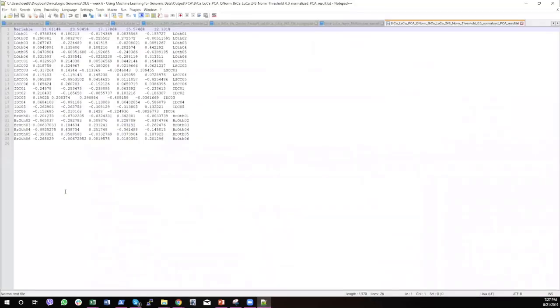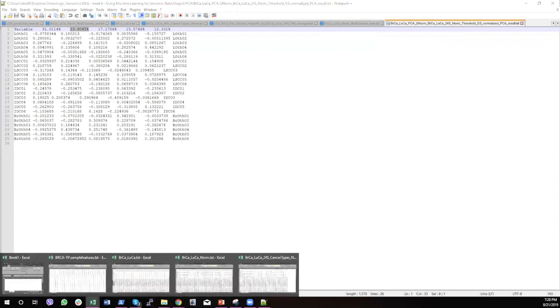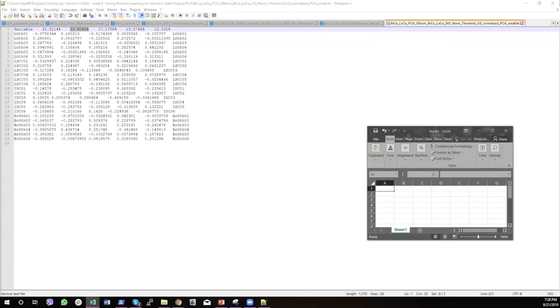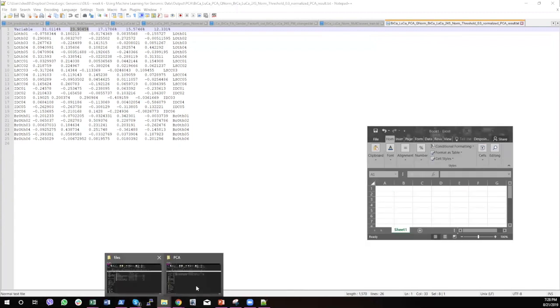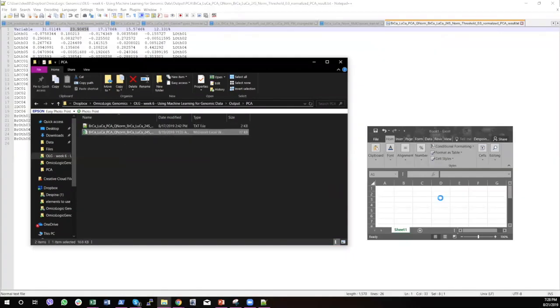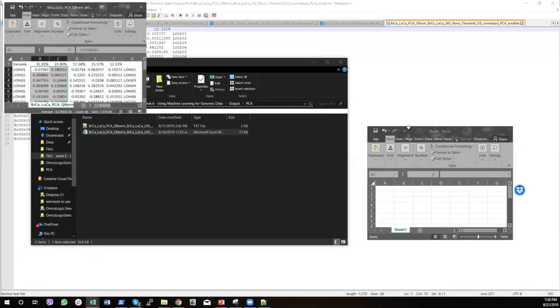So in the result file, you will see that we have 1, 2, 3, 4, 5 principal components, and it says here that the first one is responsible for 31% of the variation, and the second one is responsible for 24% of the variation. If we open it in Excel, no, I have already done it in Excel. So I will open it in Excel. It's the exact same